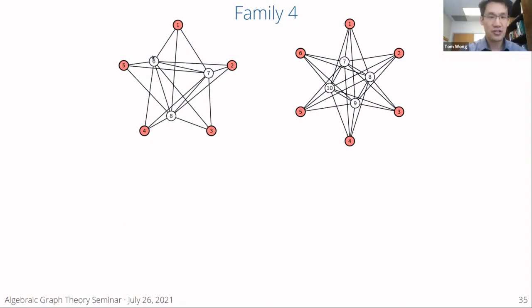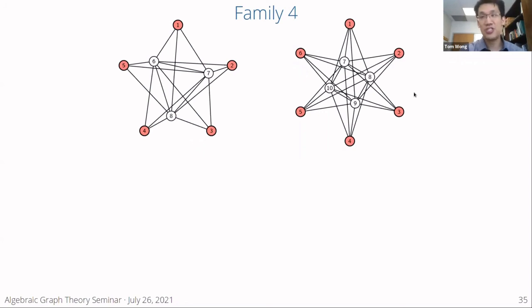So if you look on the left here, these white vertices in the middle, this is a C3, it's a triangle, right? Over here, these white vertices, this is a C4. So we have a cycle in here. And then it's surrounded, in this case, by 5 vertices. In this case, it's surrounded by 6 vertices. And the outer vertices are adjacent to all of the white inner vertices on the inside. Out here, you see this is adjacent to all of the white vertices inside.